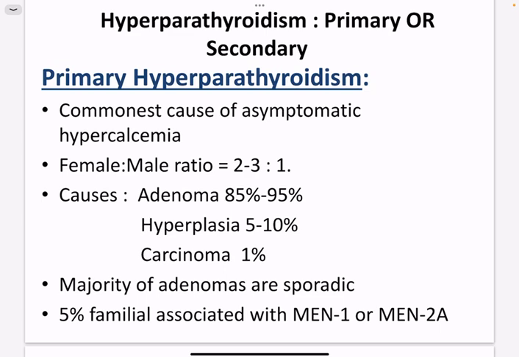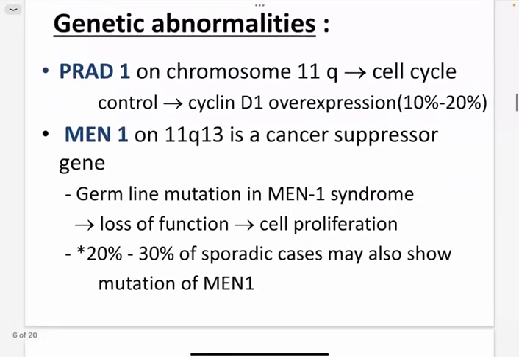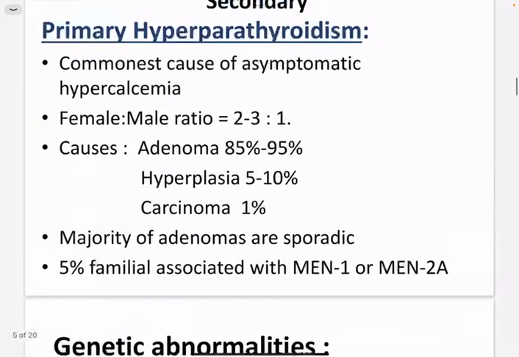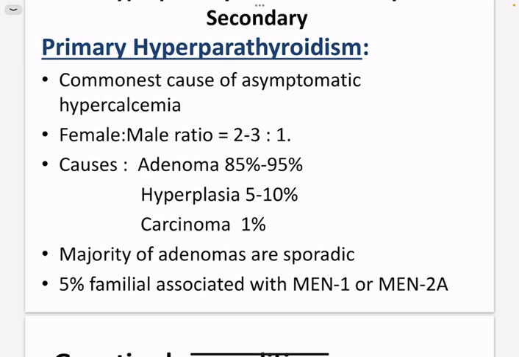Secondary معناها from outside of the gland, يعني أي source of secretion from outside of the gland. رح نحكي عنها in a minute. The secondary, the most common cause is renal failure. الرينال failure إيش بتعمل؟ أول شيء نحكي عن parathyroid hormone. What is the normal function of the parathyroid hormone? Increase the calcium level, معناته the main trigger أو the main stimulant for parathyroid إيش هو؟ Calcium level, hypocalcemia, excellent. لما يكون في low calcium levels in the blood, the parathyroid hormone increases عشان يزيد الكالسيوم